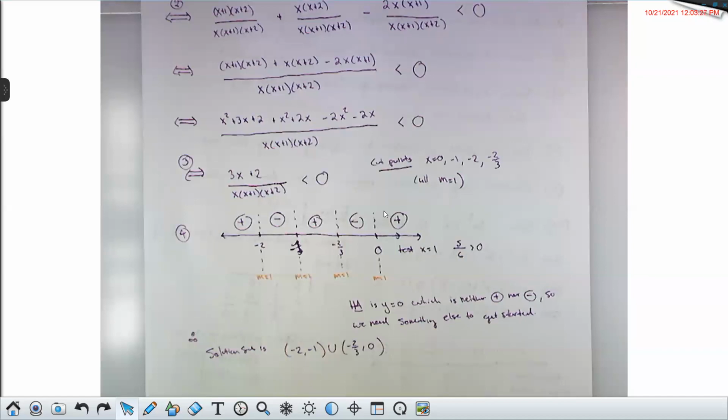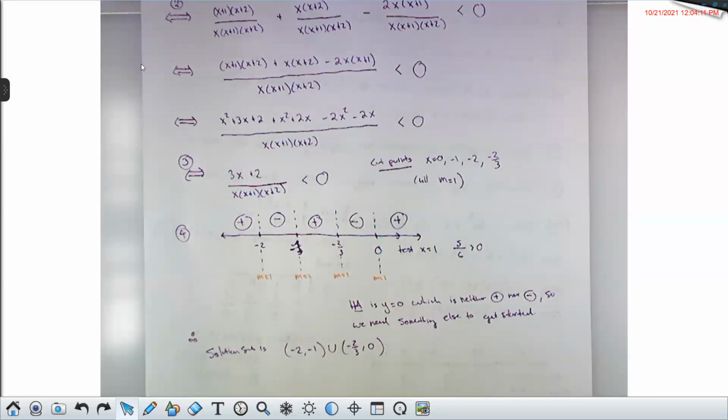There was a question I got in the chat. I'm choosing to test x equals 1. I had to, because I can't get any of these signs from the horizontal asymptote or from the y-intercept, which are the two easiest things to find. I had to test some point. If I had to pick a number to plug in, 0 is normally nice, but I can't plug in 0. The next nicest thing is 1. So I test x equals 1, an x value in this region, and I got 5/6, which is positive. So I put a plus here, and then everything else came from the multiplicities.